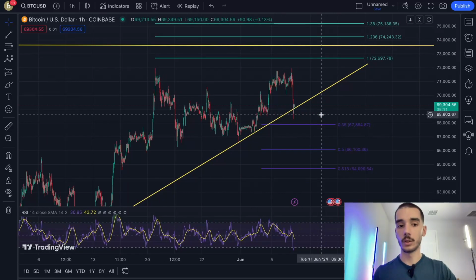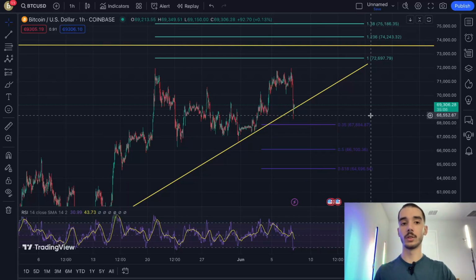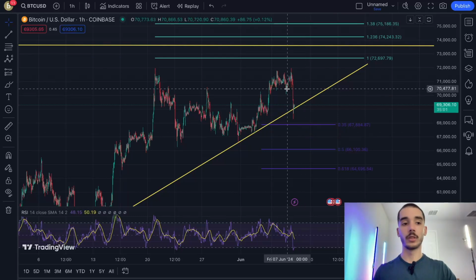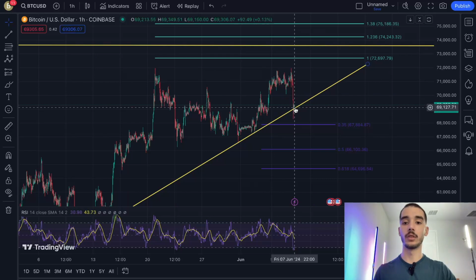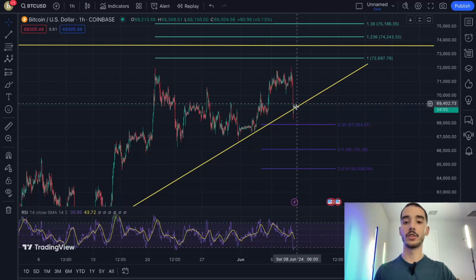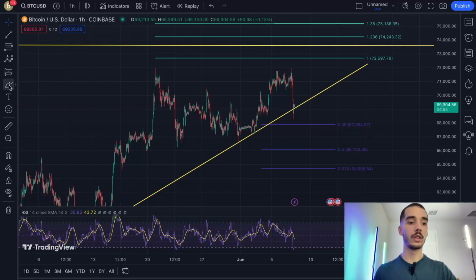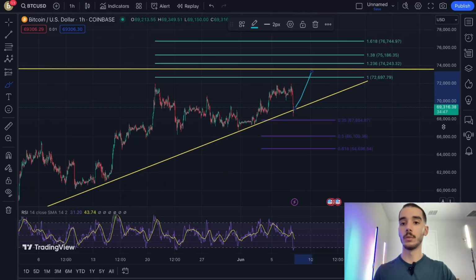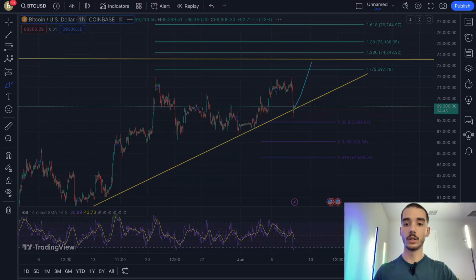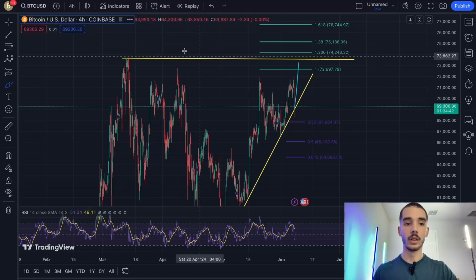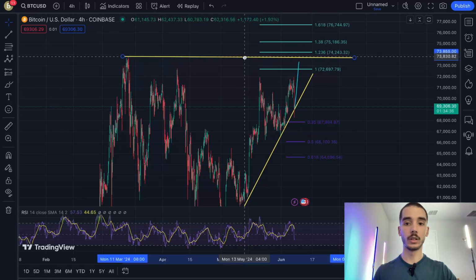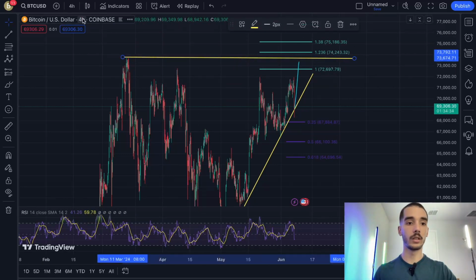So we have two scenarios here for Bitcoin on the short term. They're both going to be bullish scenarios. Let's start off with the top one, because if this continues to consolidate a little bit more at the 0.5 extension that we just removed, we should see the price finally go upwards. Let's go on the 4-hour to draw it out. If we continue to see upward price momentum from here, we can then go back to the 1-hour,